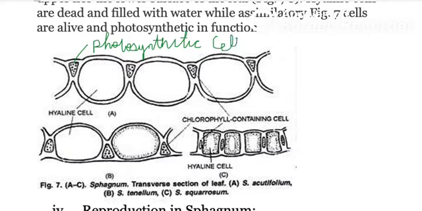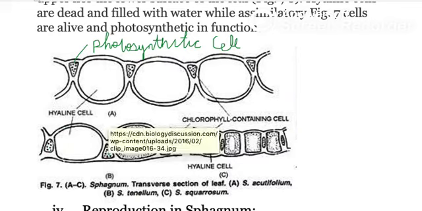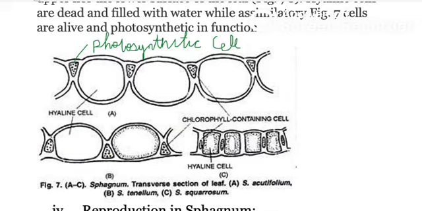Okay, so here in this other species, S. tenellum, you have the opposite arrangement of the hyaline and the photosynthetic cell. Here you have the photosynthetic cell, the base is turned downwards like a triangle, and the hyaline cell is bulging